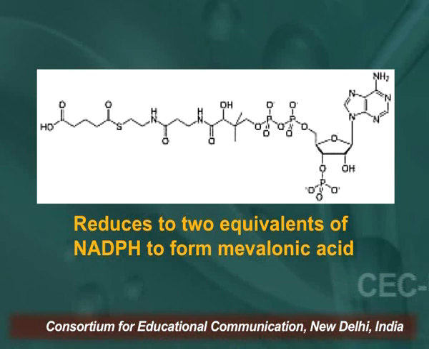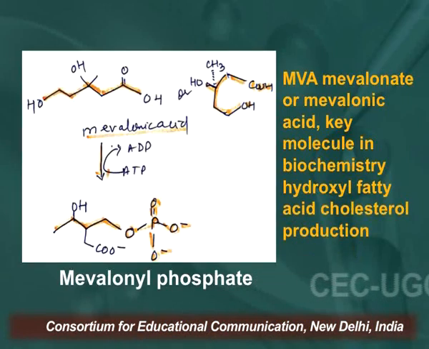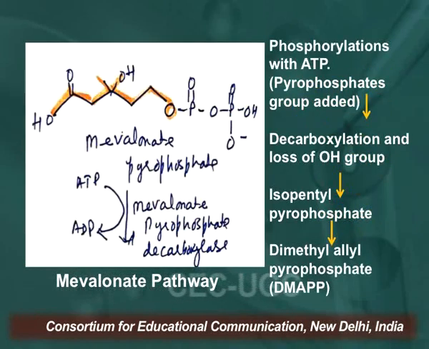So it is used for the biosynthesis of cholesterols. This HMG is reduced by two equivalents of NADPH and converted to mevalonic acid. In the slides, you can see here MVA, which is mevalonic acid or mevalonate, and this mevalonic acid is a key molecule in the biosynthesis or biochemistry of cholesterol production. So overall this is mevalonyl phosphate. You can see in the slide mevalonic acid